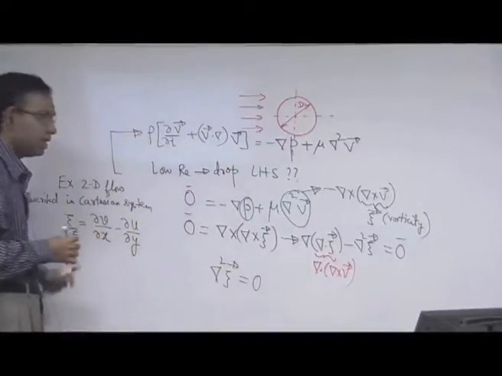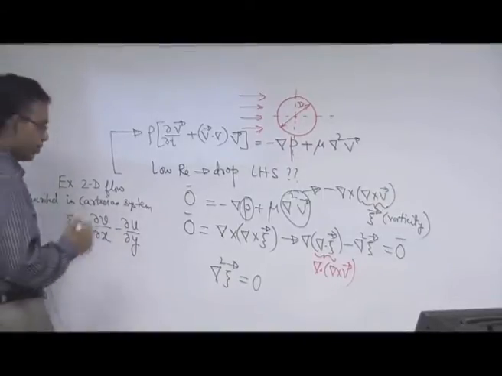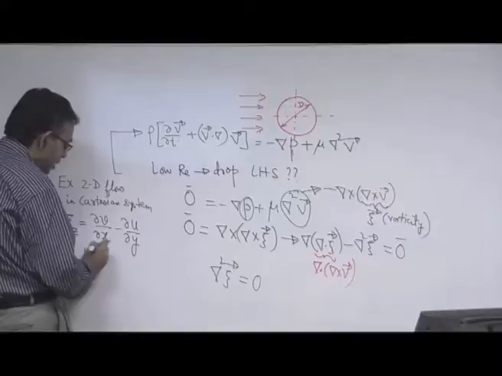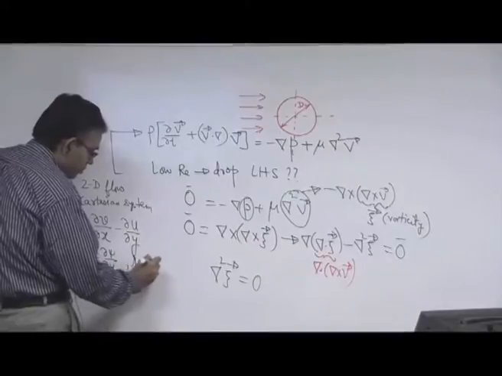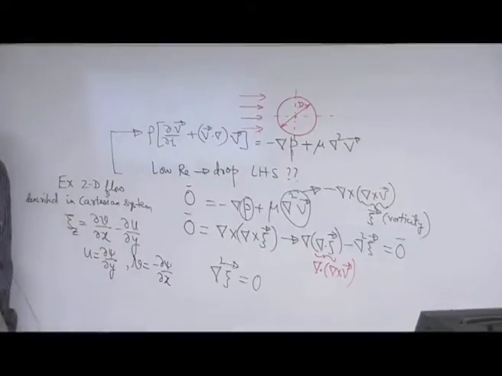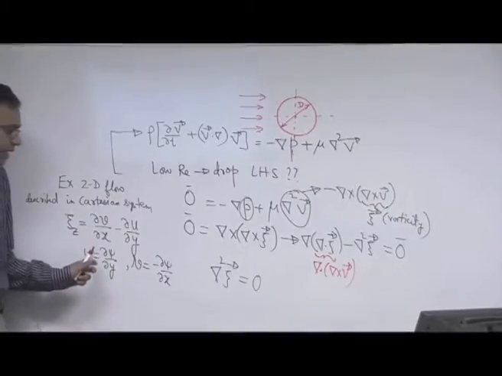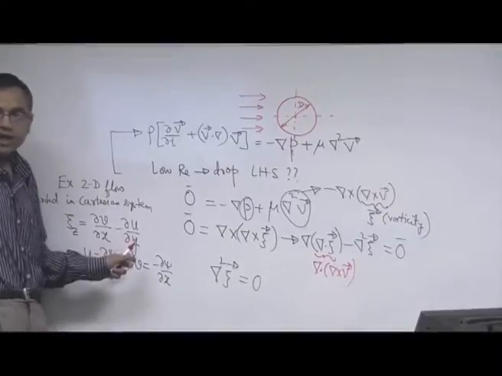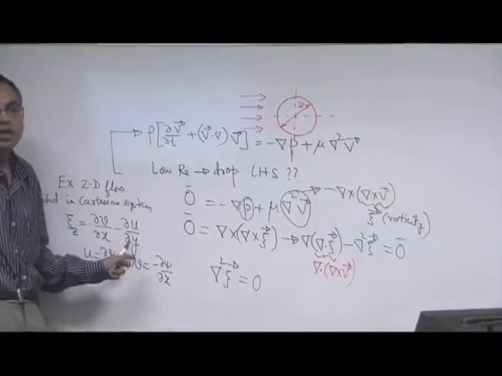How we bring it into the picture here is by defining the velocity in terms of the stream function. So, we define, let us say, u is equal to del psi del y and v is equal to minus del psi del x. What are these u and v? These u and v are the velocity components and psi is the stream function. You can see that this definition of psi automatically satisfies the continuity equation del u del x plus del v del y equal to 0 for 2-dimensional incompressible flow.